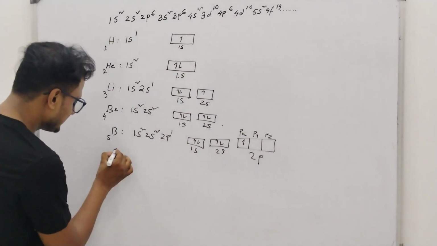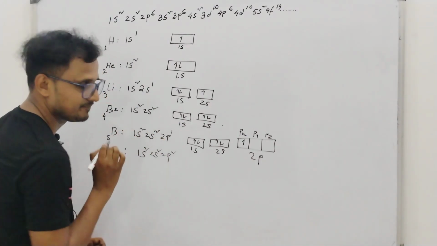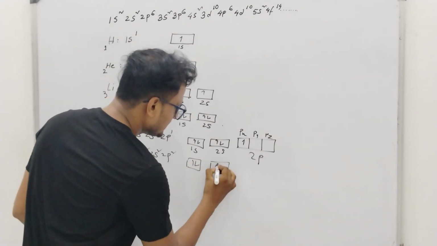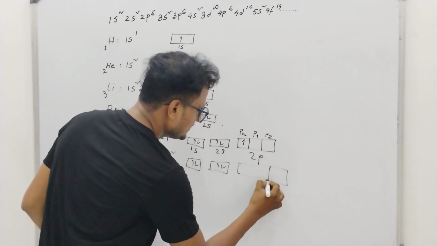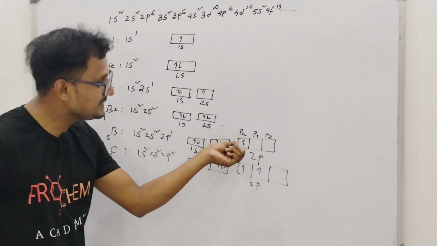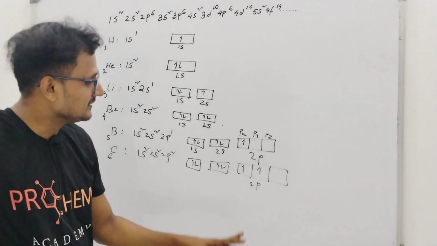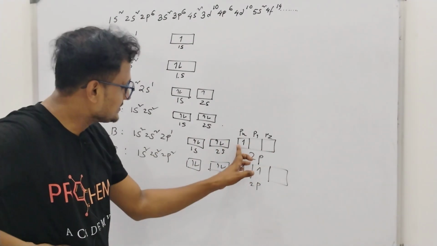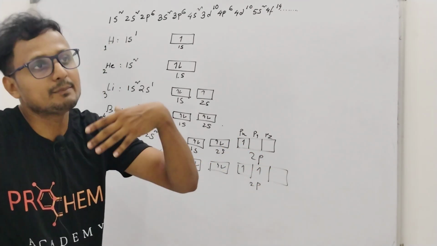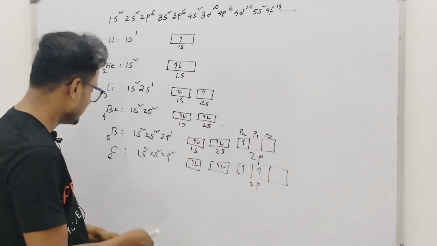Okay, then is the carbon, 1s2 2s2 2p2. Similarly, this will be the 1s orbital, this will be the 2s orbital, this is the 2p orbital, and one electron here, one electron here. We cannot write 2 electrons in the px orbital, because as I have told you, these are degenerate orbitals. These all have the same energy. All the suborbitals of a particular orbital, like 2p, have the same energy, and those are called degenerate orbitals.